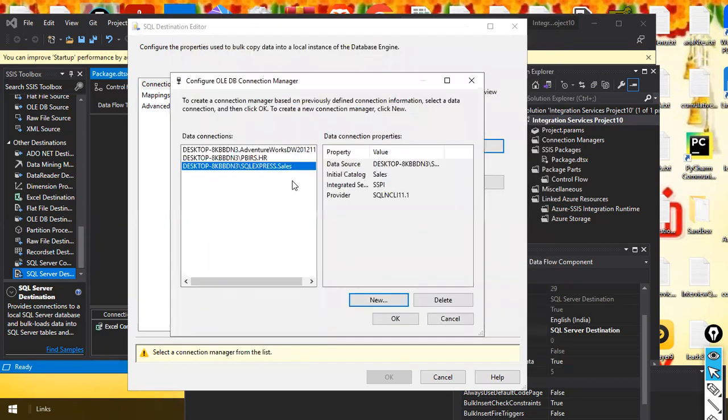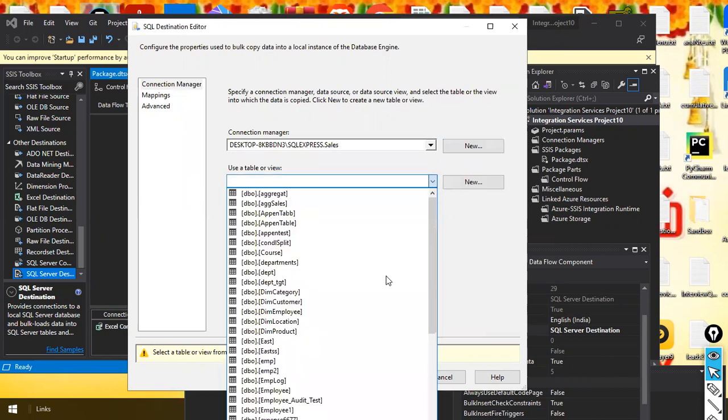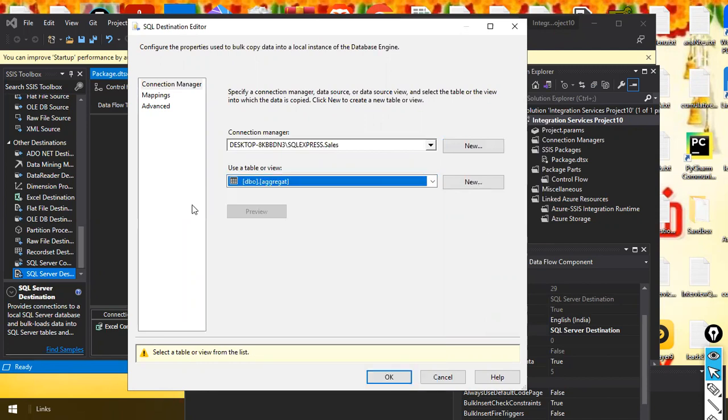Let us see what happens if I select this one, Adventure Works, and click on it. It will throw an error, it seems. Yes, because the table is not there. It shows all the tables that are available, such as product. I think this is the correct one. All the tables are available here, but I wanted to load that Excel file into a new table in my SQL Server, so you click on new here.